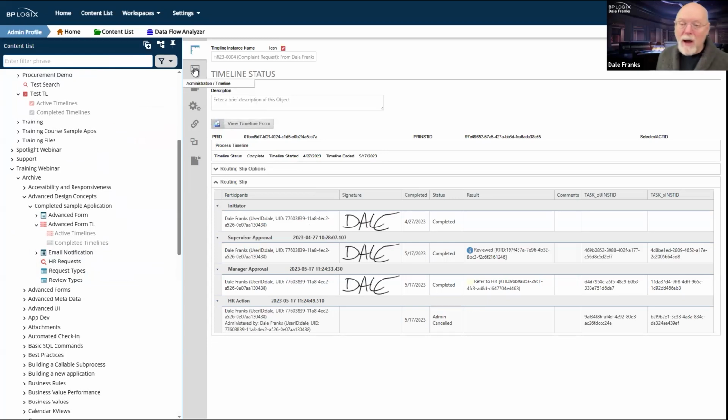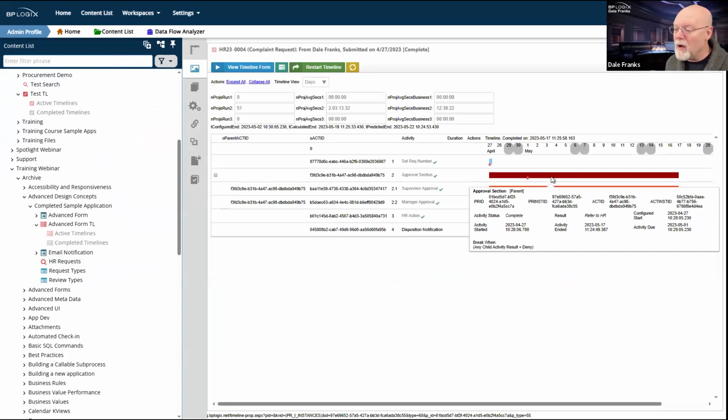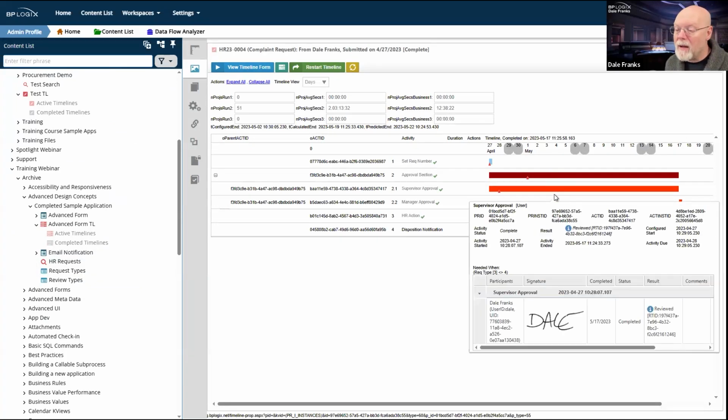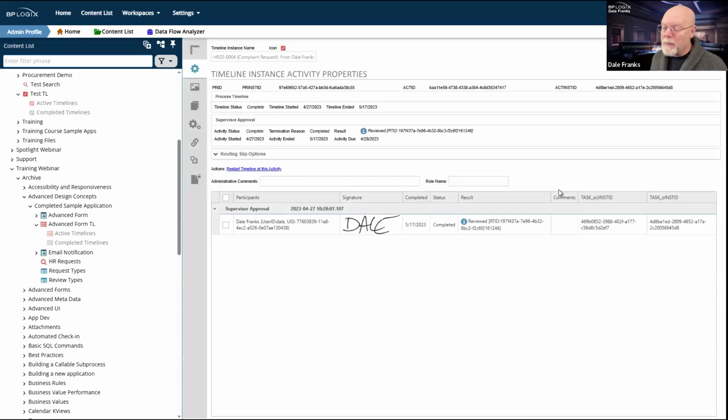And it's going to be the same, by the way, if we go into activity properties. So if I open up an activity here and I go into, let's go into supervisor approval. Just looking at the rollover, you can see it's giving me all of those GUIDs. It's giving me all timestamps down to the microsecond on everything. If I open up the properties for this activity, once again, it's going to give me all of these activity IDs, activity instance ID. It's just giving me a lot of information about the activities themselves.